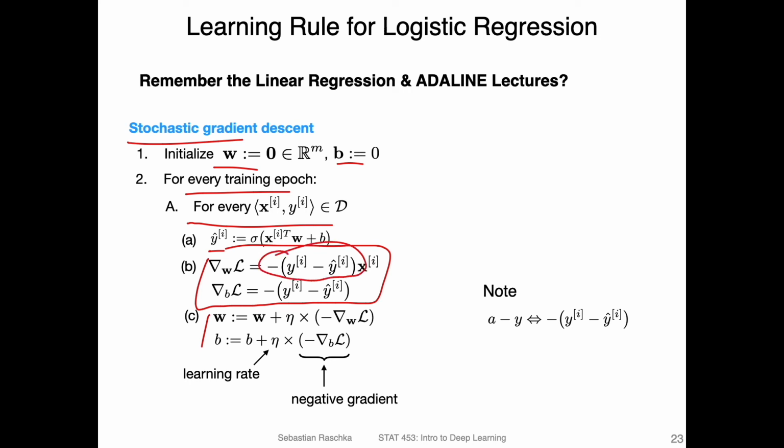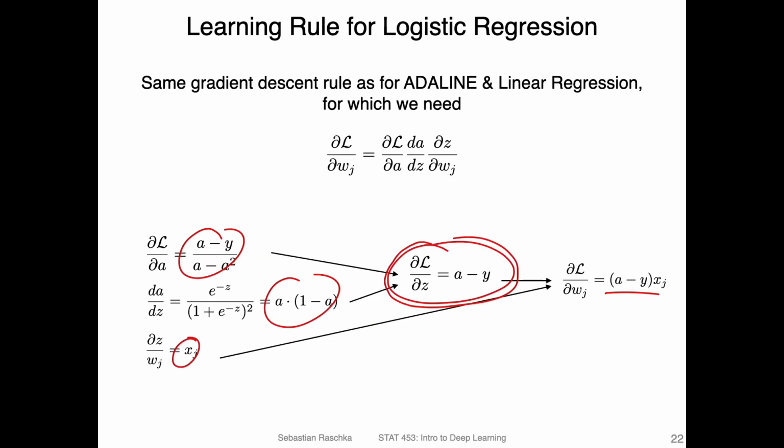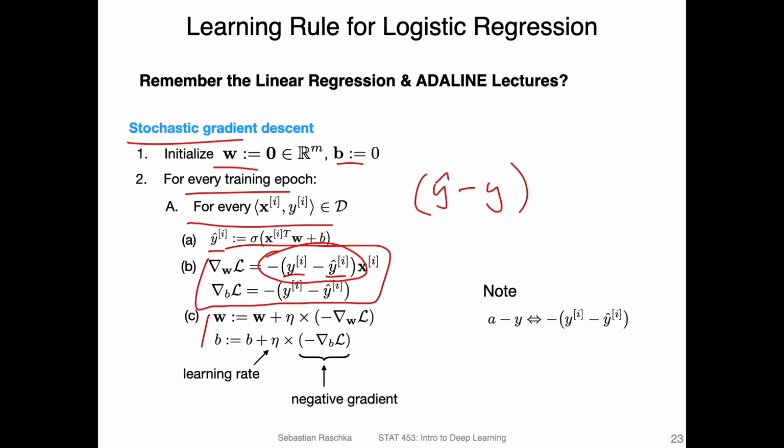We can actually rewrite this, because I think I've done it the other way around in code. We can rewrite this as y hat minus y. It's the same thing because we have minus and minus. And that is what I had in the previous slide. If I go back, I have a minus y instead of y minus a. So I should say that a is equal to y hat here. That's the output of the logistic regression model. So a and y hat are the same thing here.